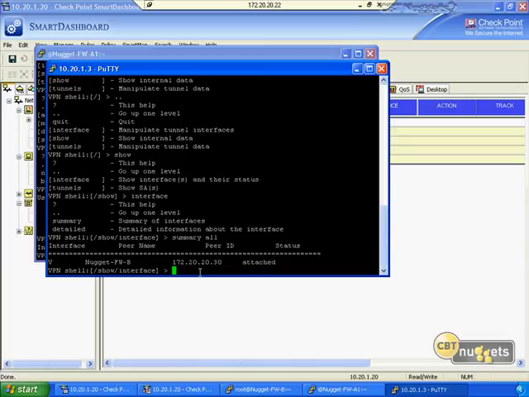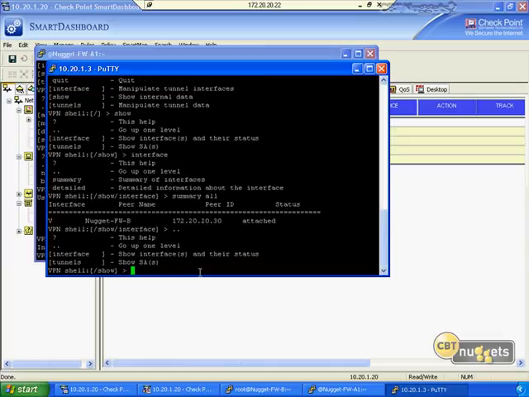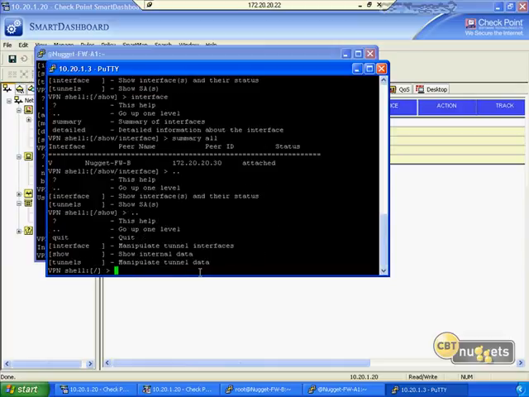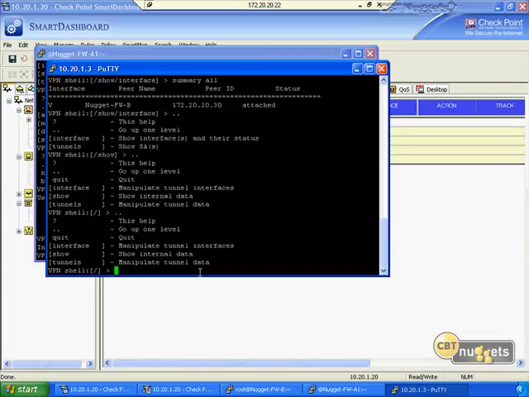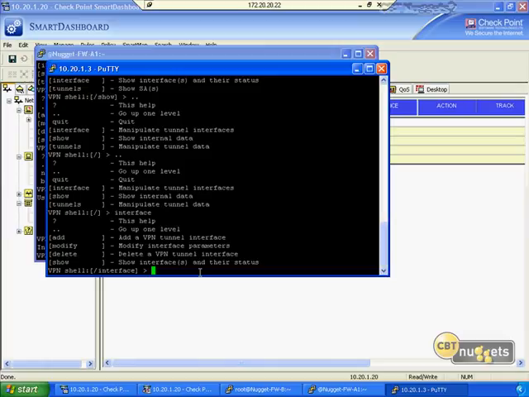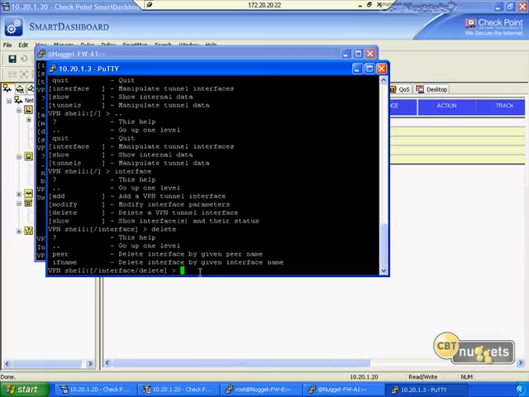So what we want to do at this point is back up. Back up again. Back up one more time. So we're at our actual interface parameters. So we'll do interface, and what we're actually going to do is delete this interface at this point. So we'll do interface, and then we'll do delete, and then we have the option here for peer or interface name. So we're going to do, let's do peer